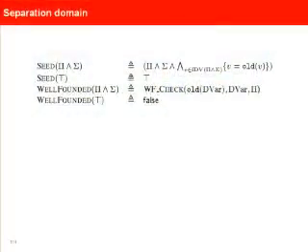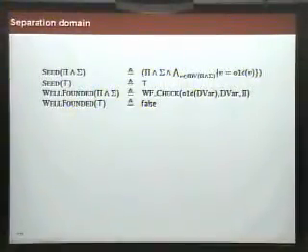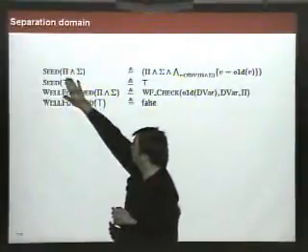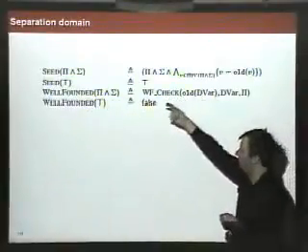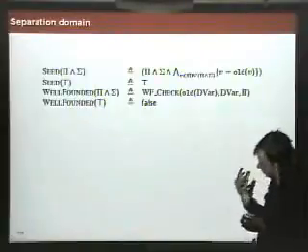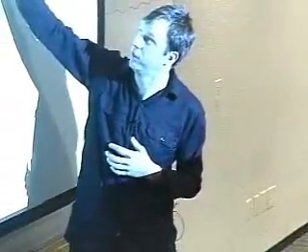Okay, so now we'll move on to the separation domain. So in the separation, there are some tools like Sonar, like Space Invader, and so on that do abstract interpretation where the abstract domain is represented in Reynolds separation logic. And so I have a seed and a well-foundedness check for that domain. So the idea is that you have a pure and a spatial part. So here it's just typically an arithmetic domain. And then here you have formulae that are drawn from separation logic which describe spatial relationships between elements in the heap. So the seed, in this case, is just the pure and the spatial part together with